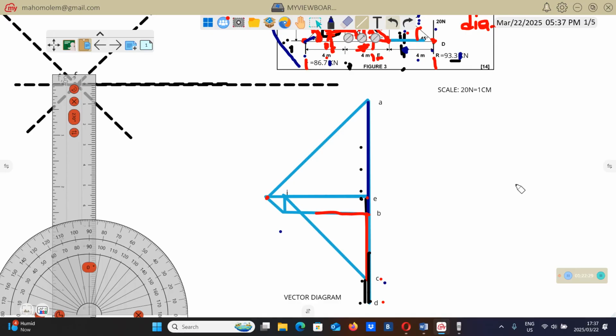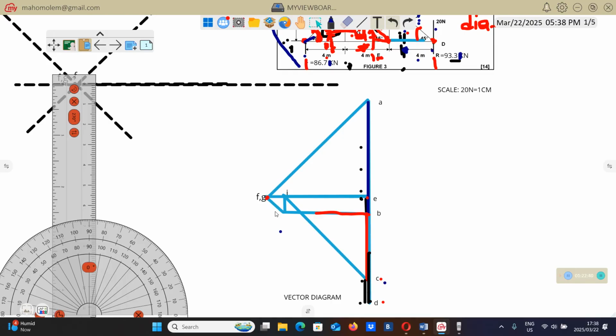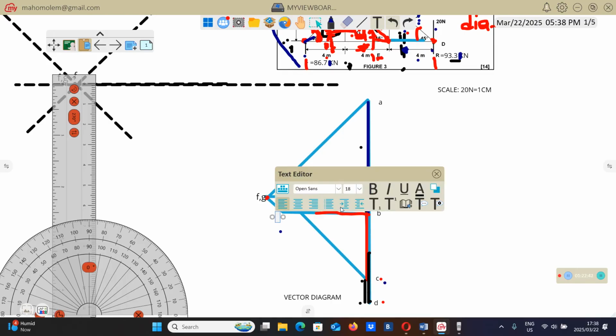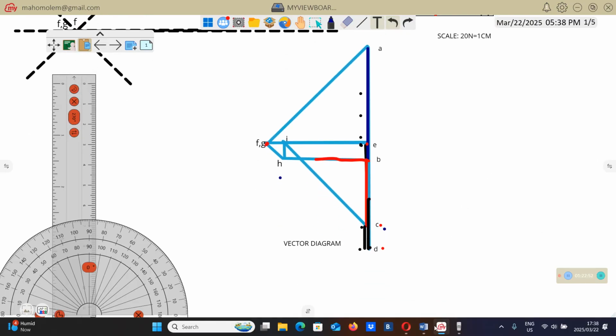Yeah, good. Finally, you'll have this. Remember here is F and G. Here you'll have H. Good. So what we are seeing here is the same as this